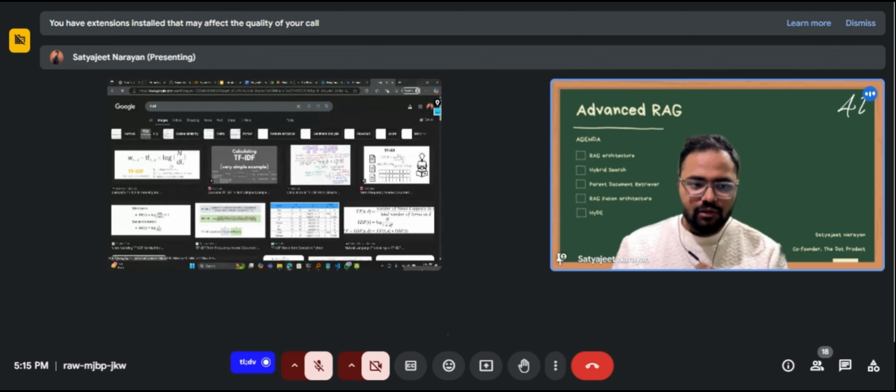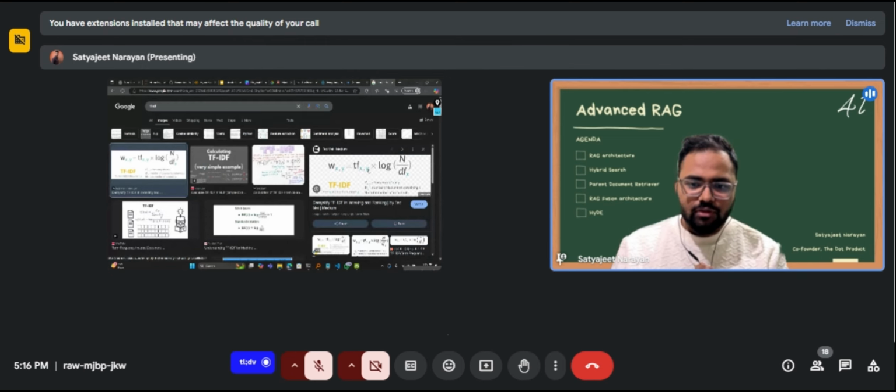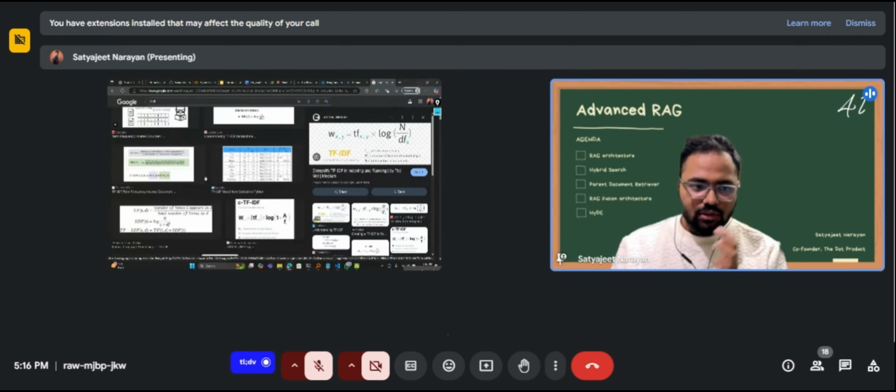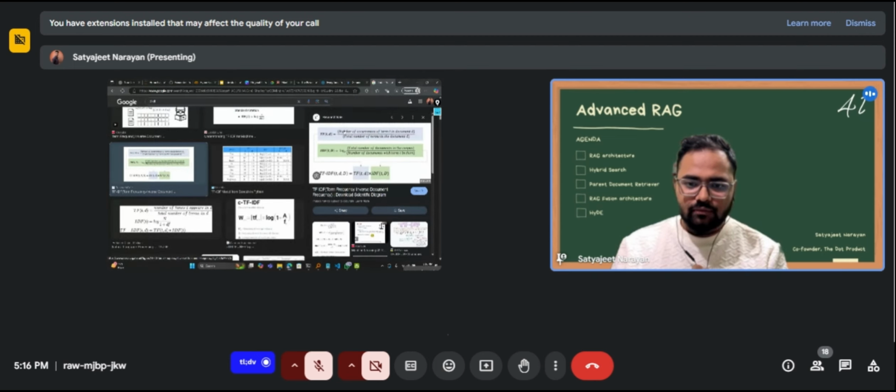Okay, TF-IDF has a very simple formula. It is the term frequency times the log of the inverse document frequency. This is a very simple formula that TF-IDF works on. And what is TF? The number of occurrences of term T in the entire document D, divided by the total number of terms in the